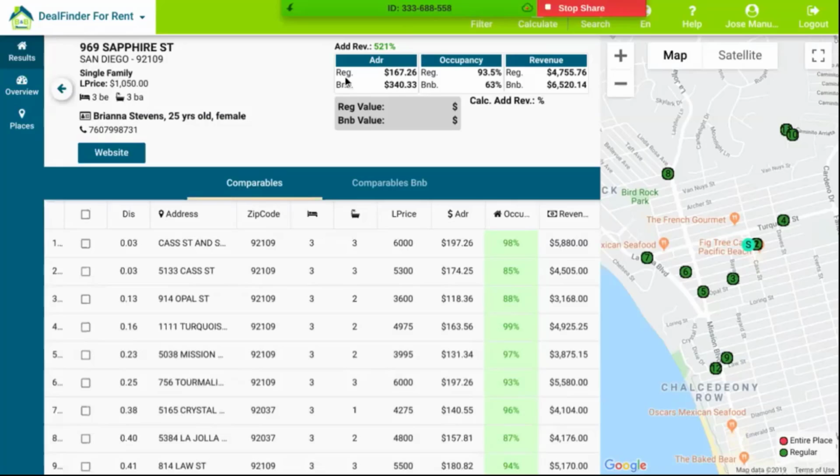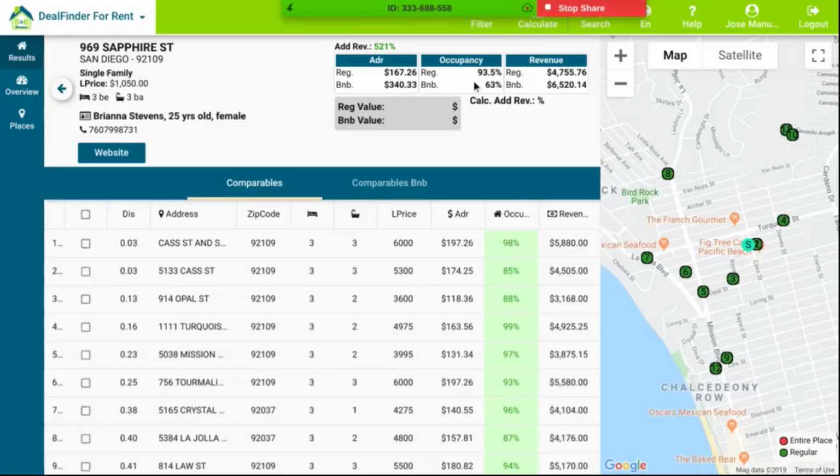The average daily rate for regular rental is 167. If you put the property on Airbnb, usually people ask for daily for that property $340. And the occupation is going to be higher for regular rentals because the property is occupied basically for the whole month.